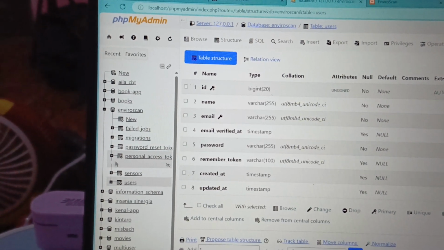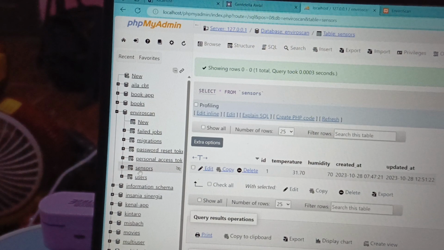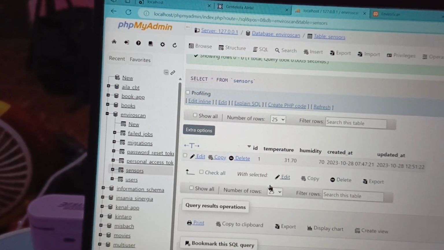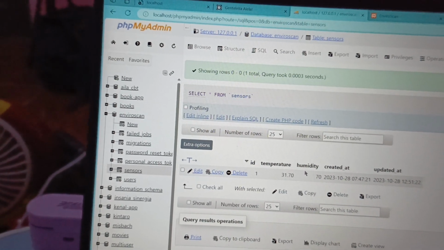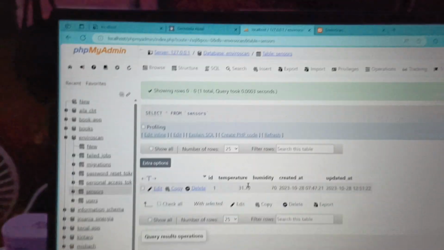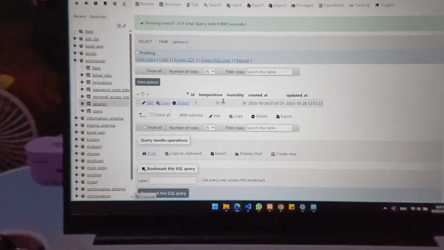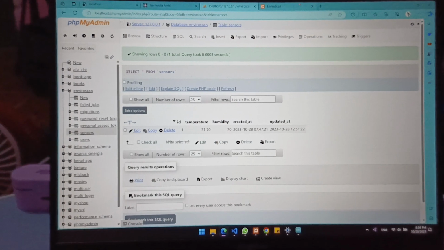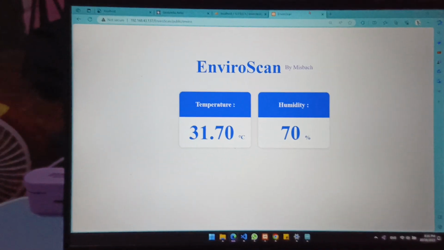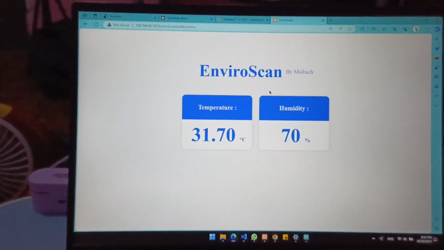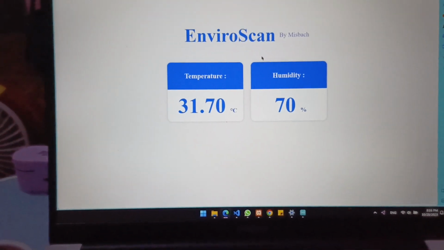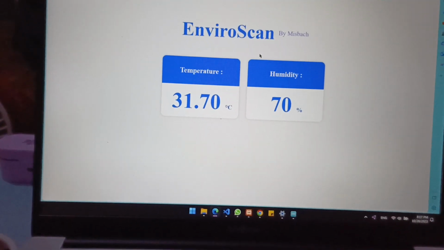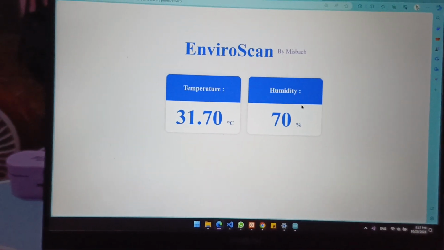Okay, this is for sensor. This data saves humidity and temperature, and this Enviroscan shows temperature and humidity.